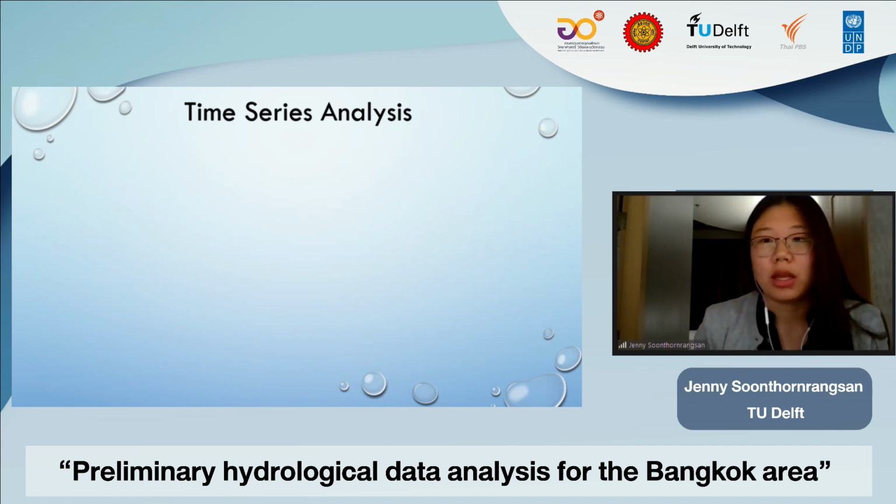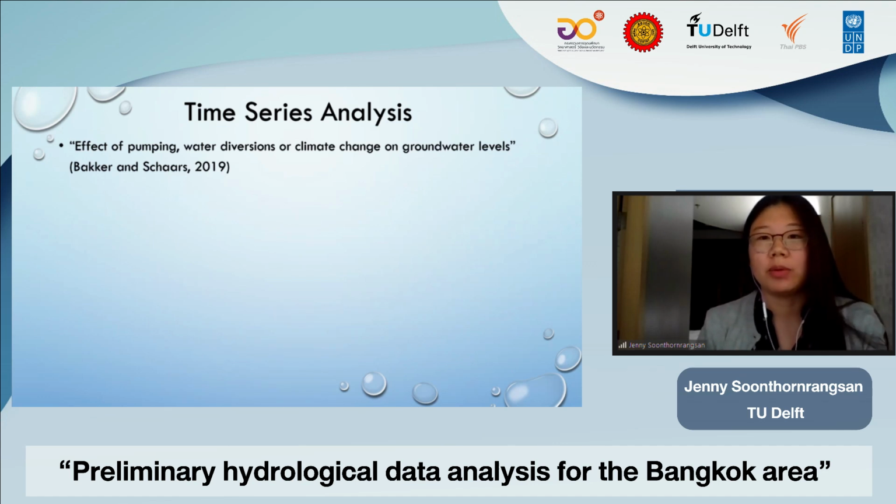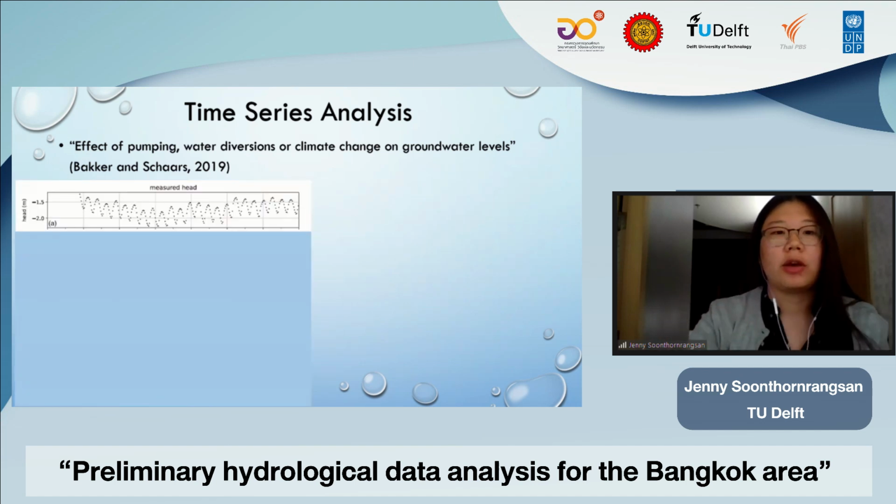And this particular method is really powerful in that it's able to allow you to see the individual effects on a time series that you're interested in. So for example, for groundwater, you can look at the individual effects of, say, pumping and groundwater diversions or climate change, such as changes in precipitation and evapotranspiration, and seeing what those effects are on groundwater levels and seeing which ones are the important ones. And so I would like to demonstrate by showing you an example.